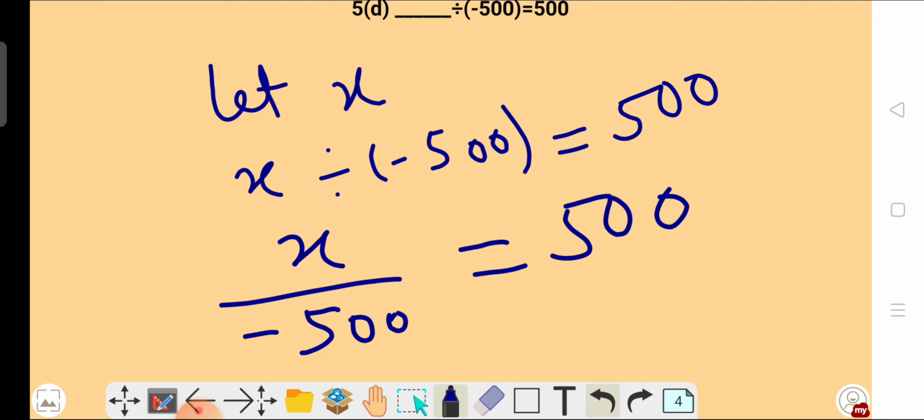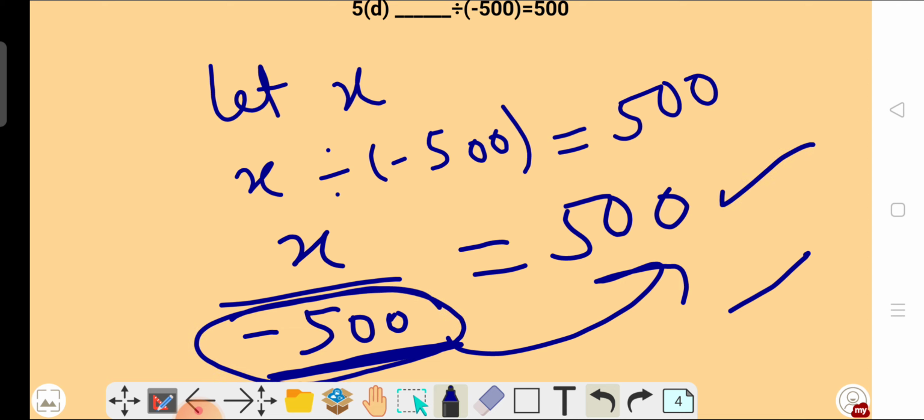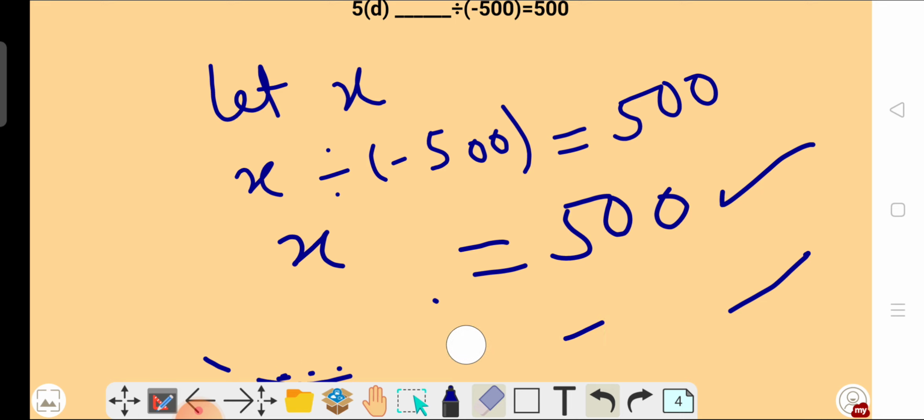And we know that whenever this number goes to the right side of equality, it will become multiplication. Okay, division changes into multiplication and plus changes into minus. Okay, so here is division, so this should be multiplied by this number. So to find the value of x, what we have to do? We have to multiply plus 500 to minus 500. So the value of x will become equal to